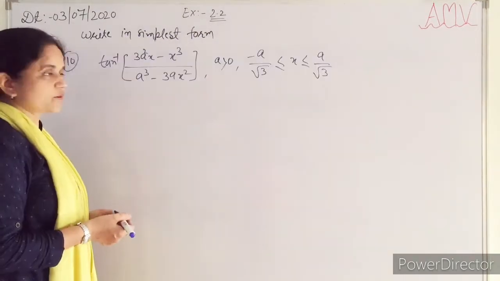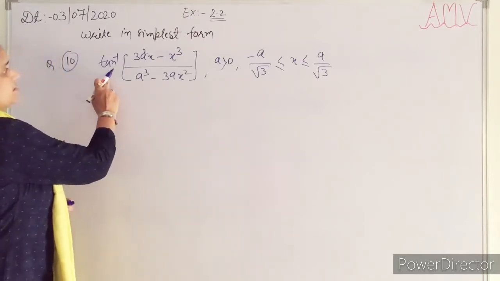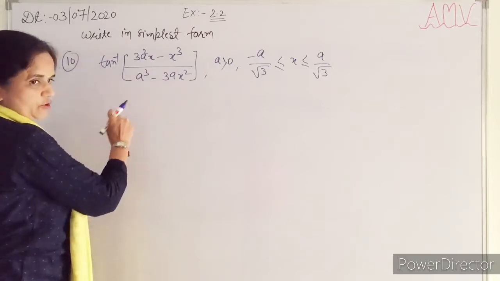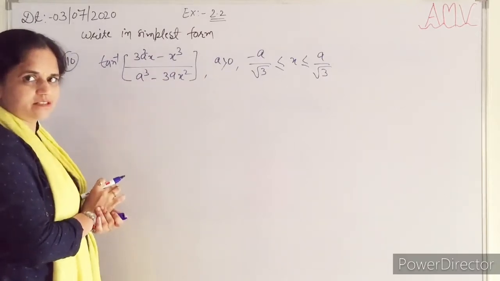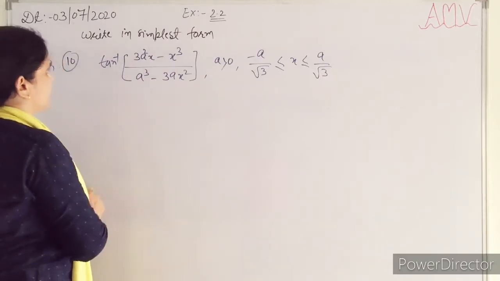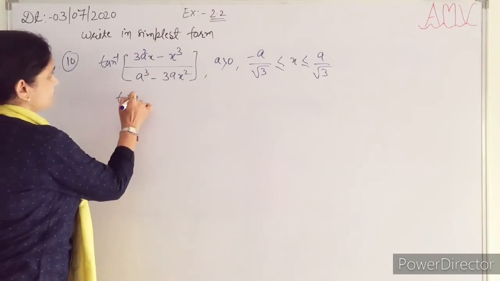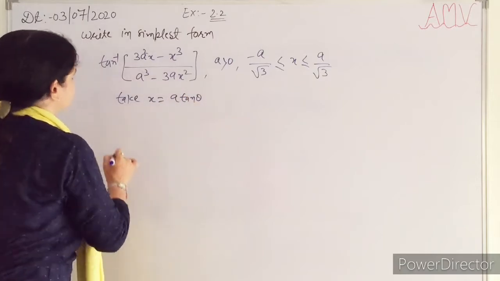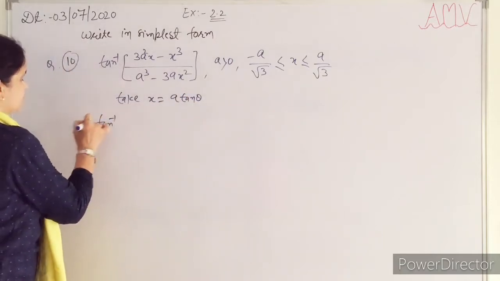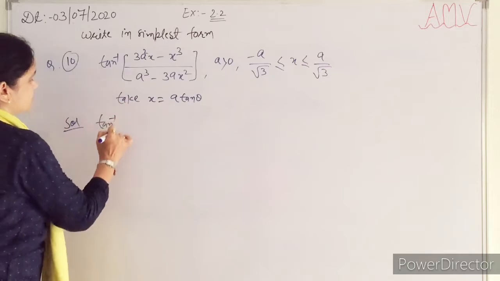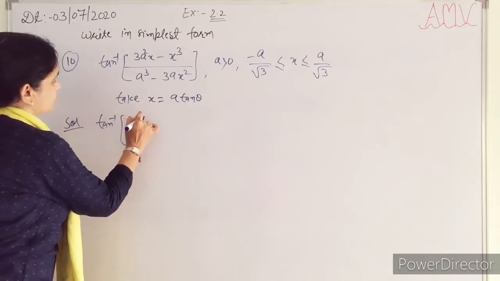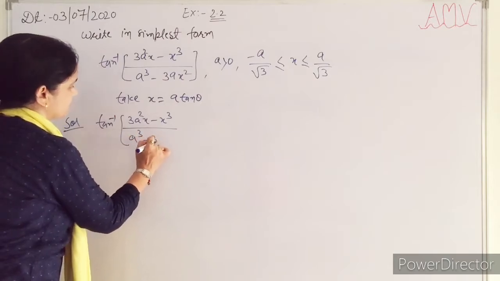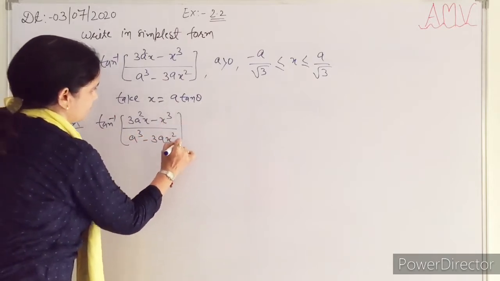The next question is tan inverse 3a square x minus x cube upon a cube minus 3a x square. For this question, students, take x is equal to a tan theta. So in the question, 3a square x minus x cube over a cube minus 3a x square,